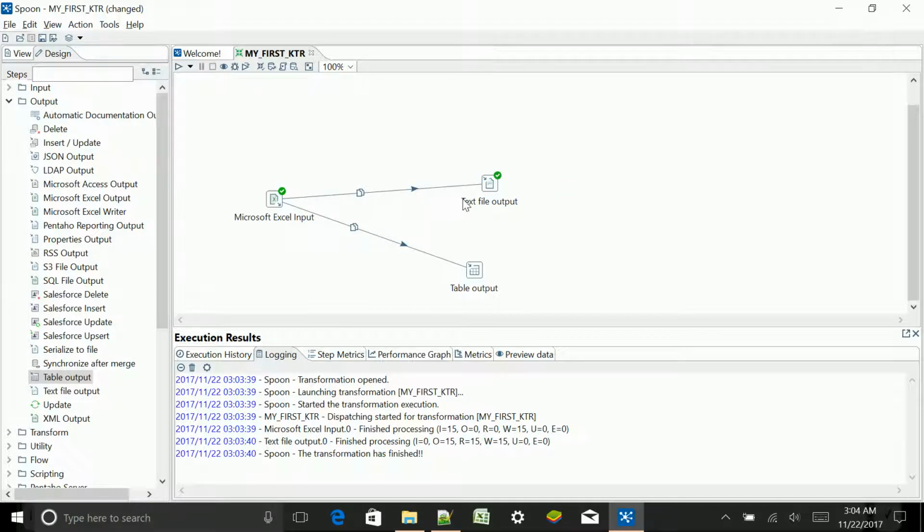Based on the data availability, it means it sends one to this one, then second to this one, then it will try to send the third there, in this Java memory. But if in case this is full and it is not able to take more data as of now, it will pass that data here only. So now, in table output,